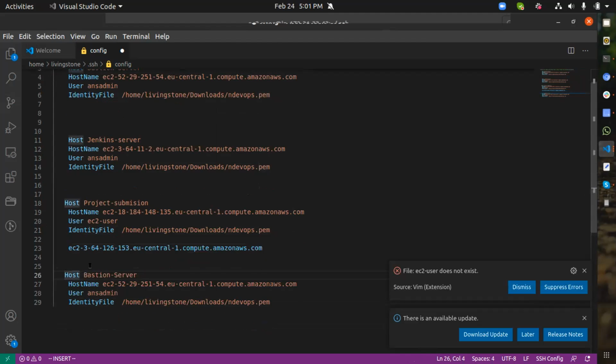Now this host, it can be any name. You really want to determine this name. I think we named it blocker. I can just give it any name. So I'm going to name this one blockers. Now this host name is the public IPv4 DNS you copied. So I'm going to delete this away. Don't forget I copied this from our instance. So I'm going to place it as the host name,